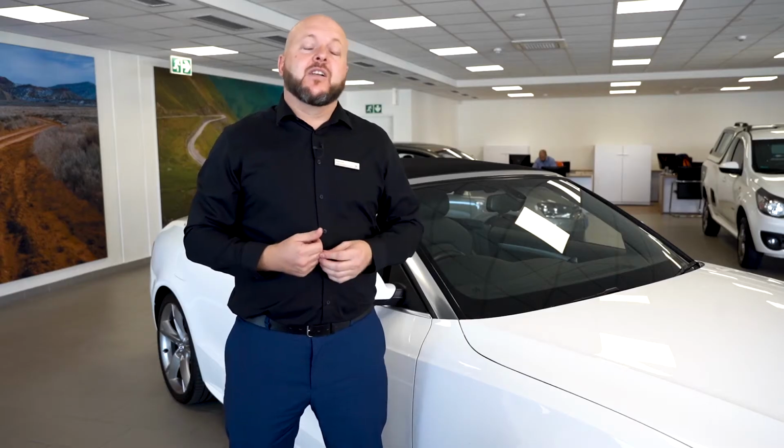Fiddle with the windows, all the electronics, play with them. Do the lights work? Are the indicators working? These are all things that you need to ask and need to make sure are working before taking delivery of your vehicle. Okay, so a dealer may have had some spray work done to a vehicle in the time that